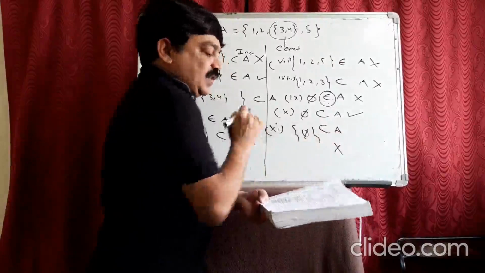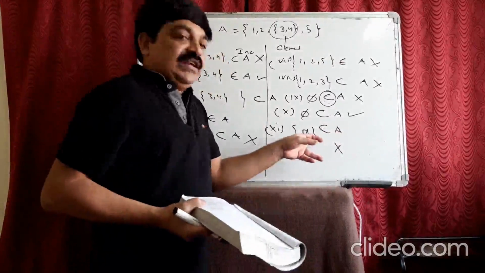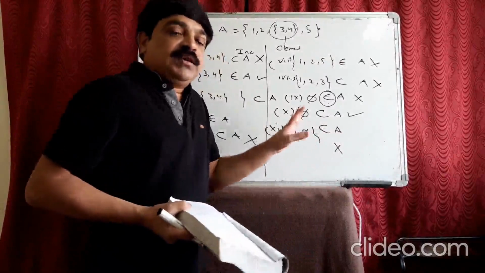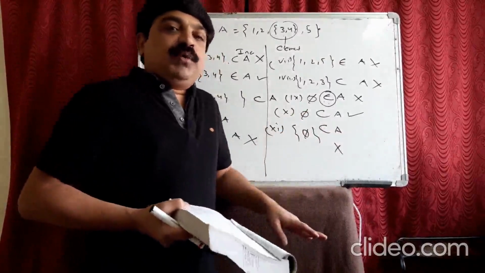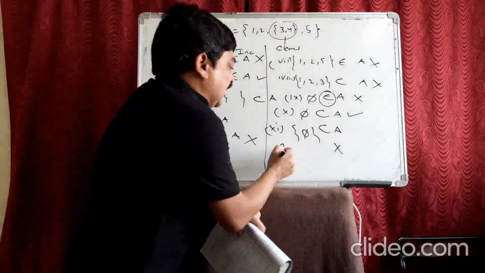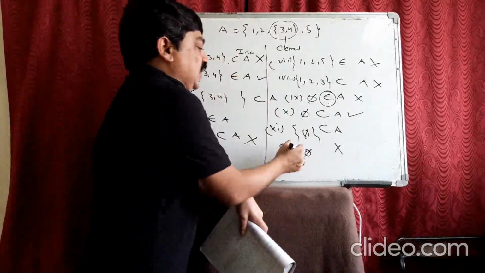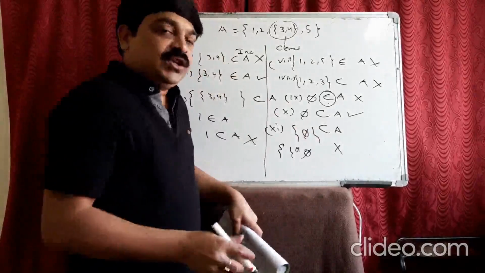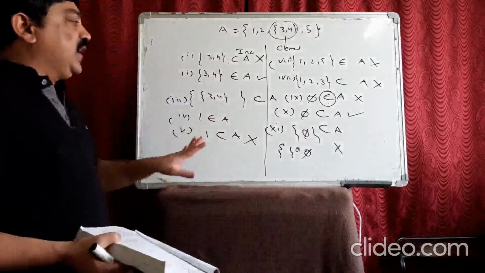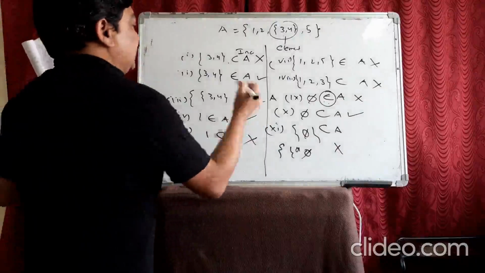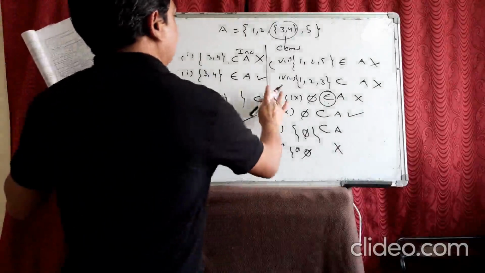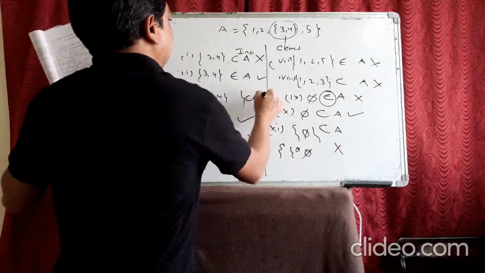this is the wrong representation, guys. We should never write this. This is always a blunder. A null set should always be written separately like this or like this, but it should not be both combined. Understood? Just pause the video, guys, and 1 belongs to A. This is right. This is right.